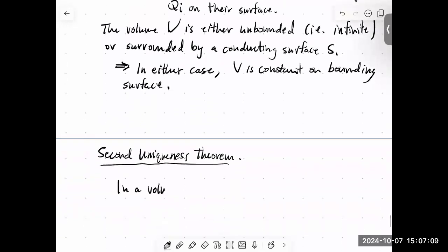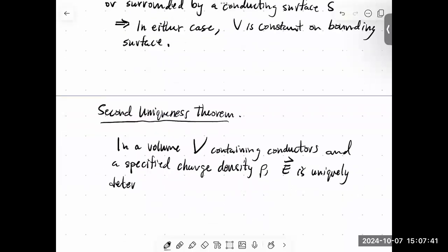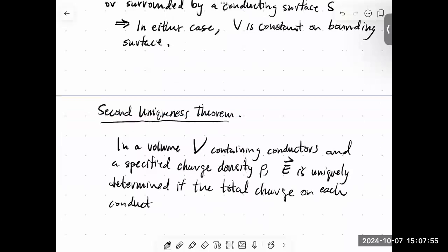So in a volume script V, containing conductors and a specified charge density rho, the electric field is uniquely determined if the total charge on each conductor is given. Okay,